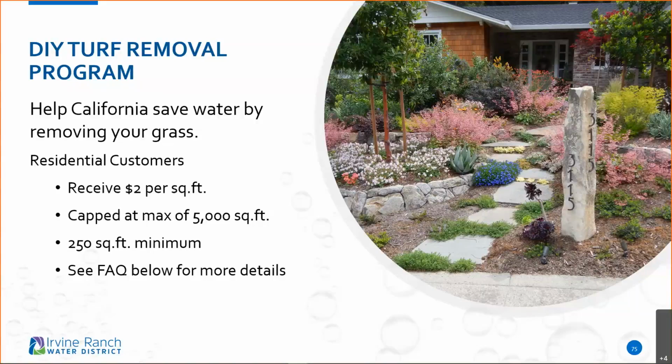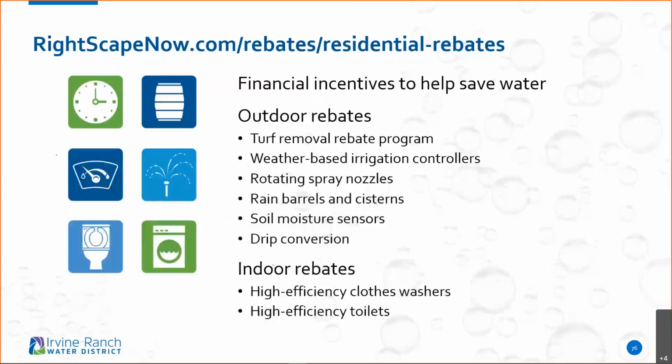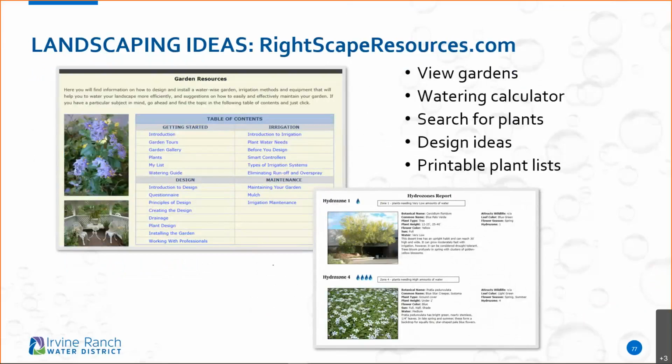But if you need assistance, you can always email us, and we will try to explain or get you as much information as possible. You can go to our RightScapeNow.com website to find information on rebates. You can of course go to our IRWD.com website, and they all take you to the right information. The rebate amounts on our page are what we provide as far as incentives. Sometimes those links take you to different pages or application sites that might have a different incentive amount, but whatever our site says is what you're going to be getting as far as incentives go.